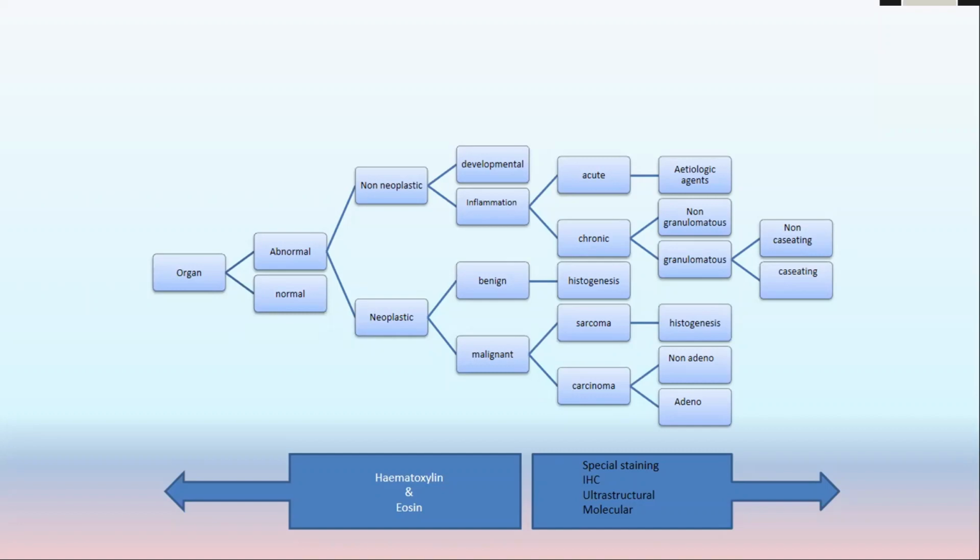So I would like to share the first 4 important slides, which basically summarize pathology in a nutshell. I found this very helpful, especially for those who are very afraid of pathology. When you have a specimen or whatever pertaining to pathology, first you need to identify the organ. If you can identify the organ, that's the first successful step.